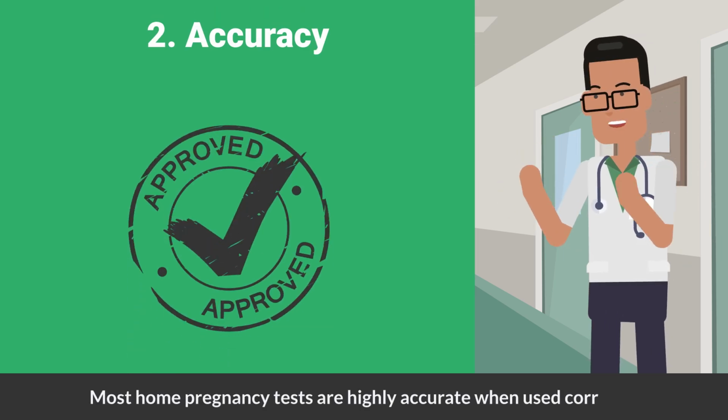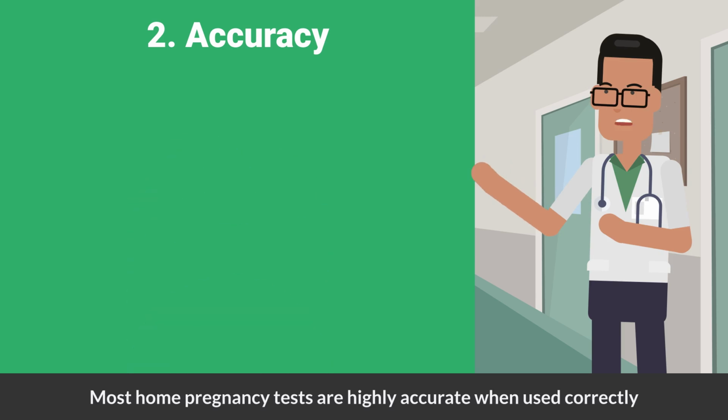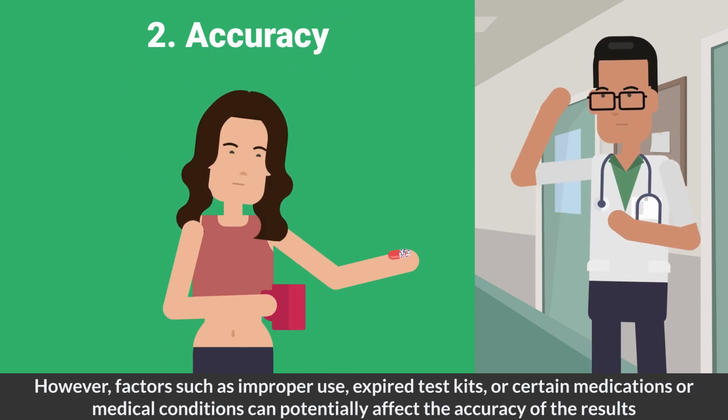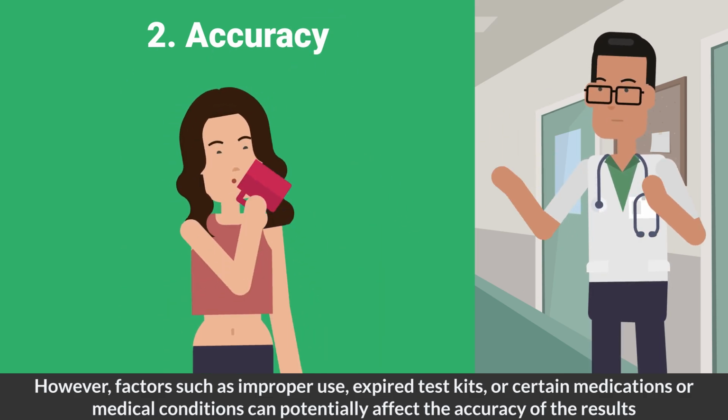to be detected. Accuracy: most home pregnancy tests are highly accurate when used correctly. However, factors such as improper use, expired test kits, or certain medications or medical conditions can potentially affect the accuracy